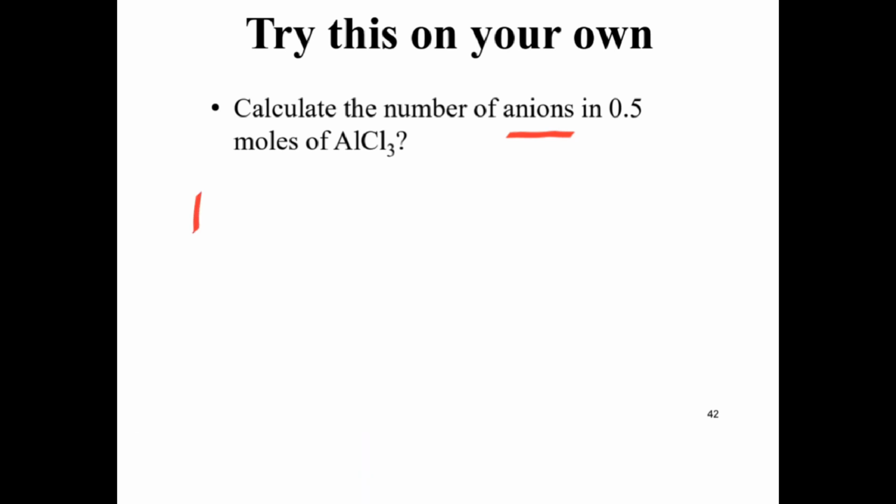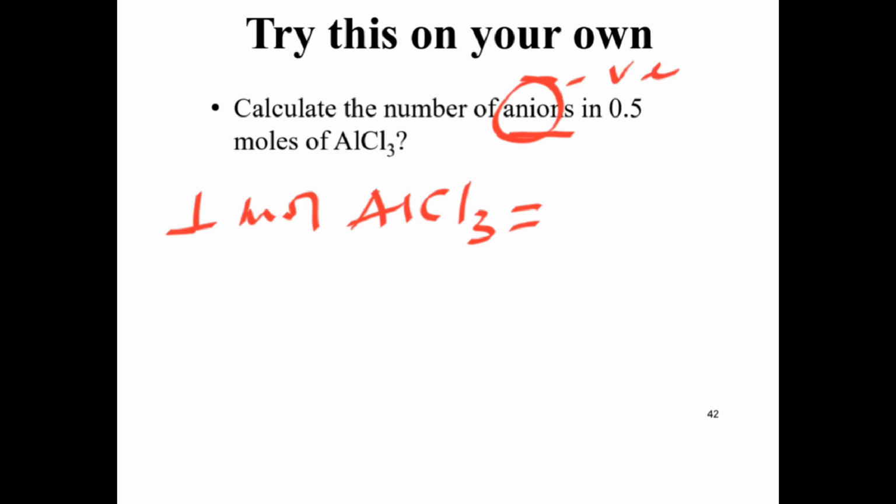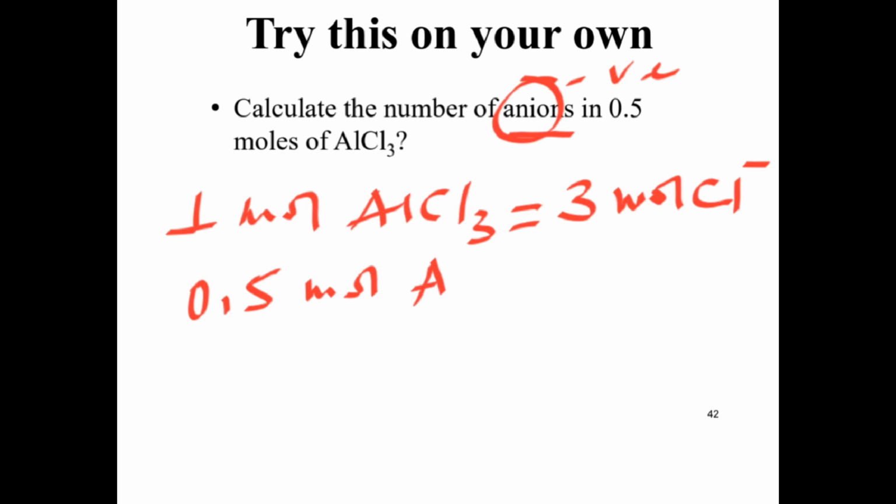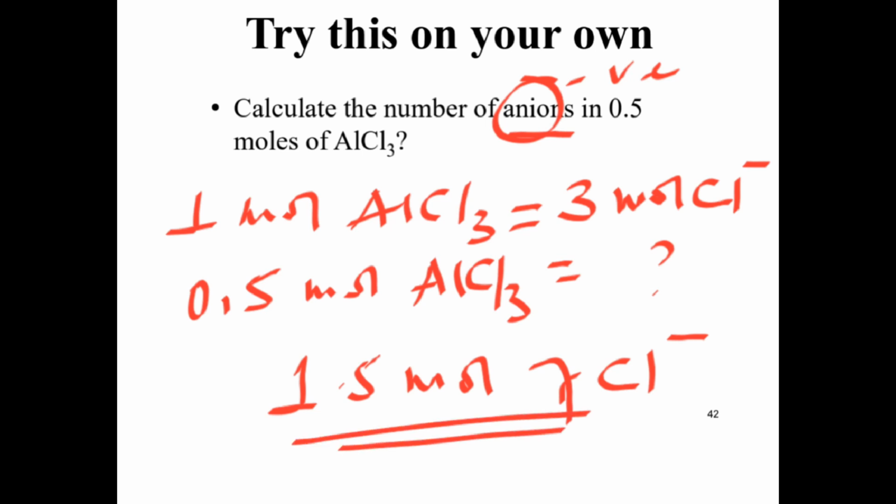Calculate the number of anions in 0.5 moles of aluminum chloride. So remember, in 1 mole of aluminum chloride ስንት አናይን ማለት ምን ማለት ነው? ኔጌቲቭሊ ቻርጅድ ማለት ነው። ኔጌቲቭሊ ቻርጅድ የሆኑ ፓርቲክሎች። ስለዚህ in 1 mole of aluminum chloride 3 moles of chloride ions are present. ስለዚህ በ0.5 moles of aluminum chloride ምን ያህል moles of chlorine ions አሉን ማለት ነው።